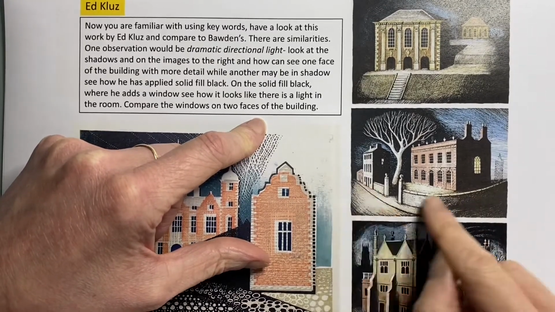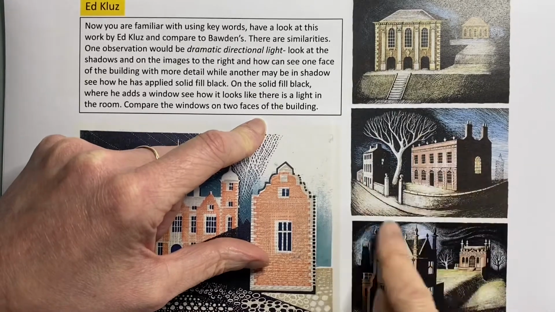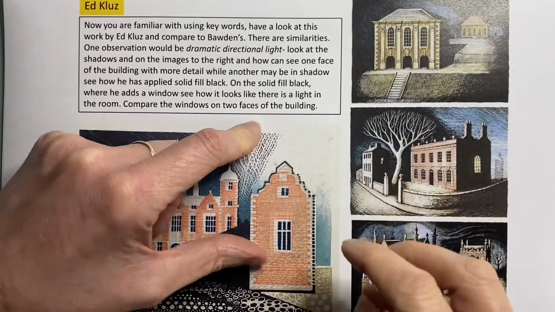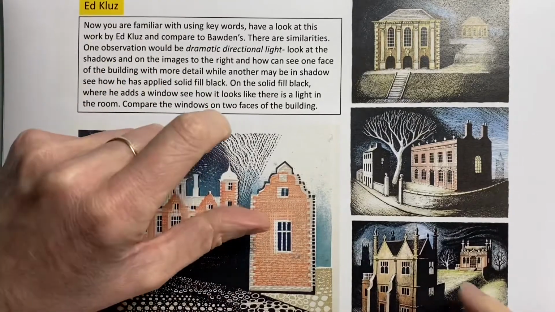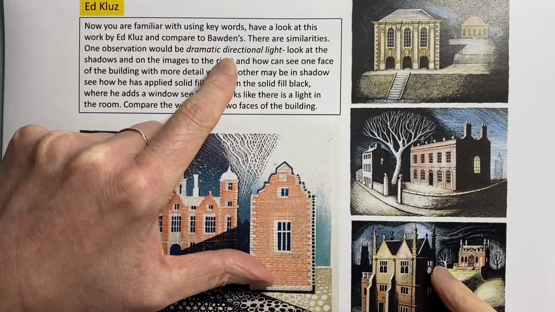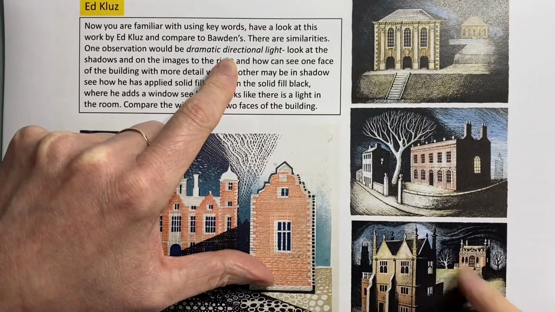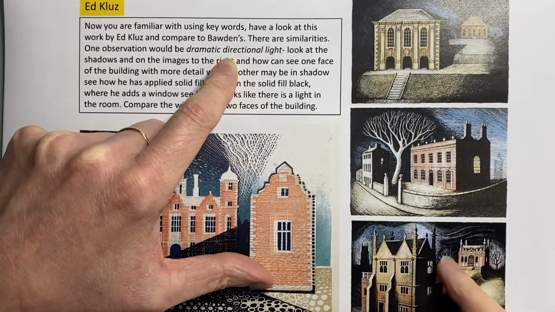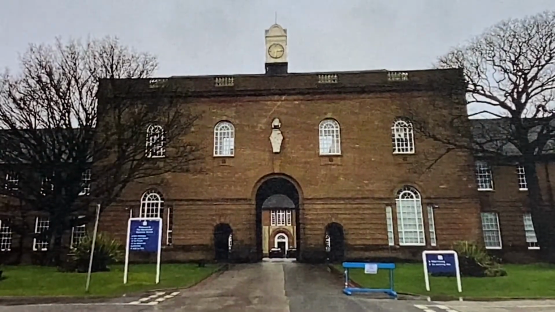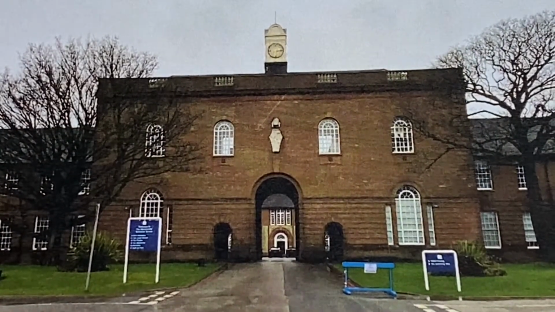I quite like this perspective. I like these trees as well that he uses in his work. They kind of fill space, quite architectural in their style. And look at this one, there's a white one and a black one, and again see how he has adjusted the tone around it to make them stand out. It looks a very wet and cold day, but we are going on a little trip to a building quite